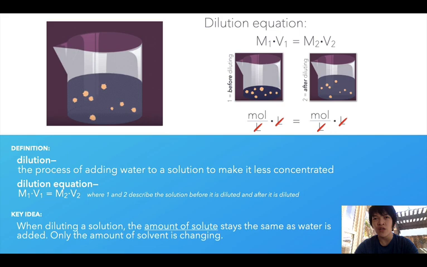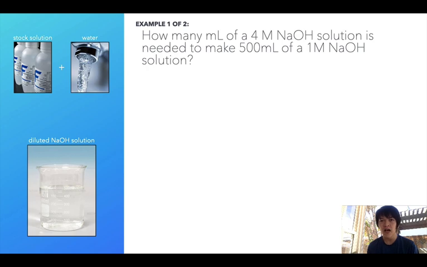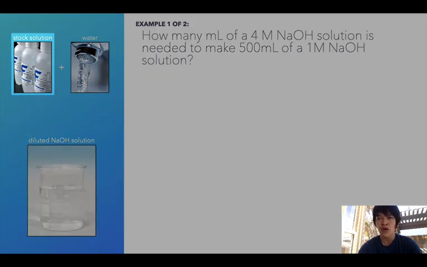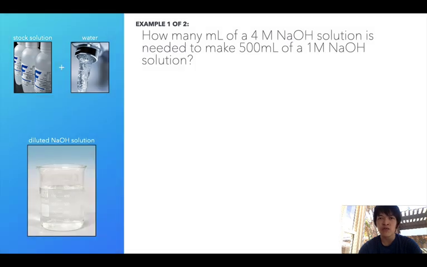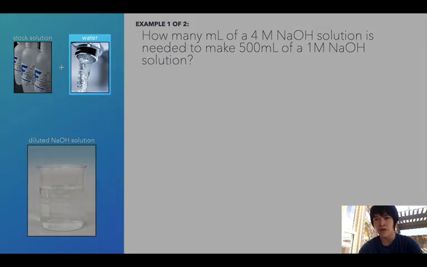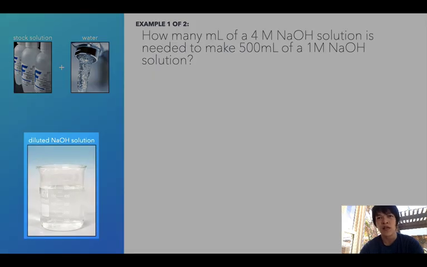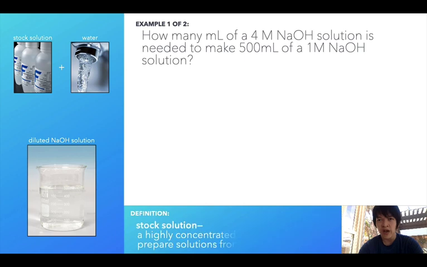Okay, we'll use this equation now to see two different use cases. In this example, how many milliliters of a 4 molar sodium hydroxide solution is needed to make 500 milliliters of a 1 molar sodium hydroxide solution? So basically, we have a concentrated 4 molar stock solution. We need to figure out how much of it we need, combined with water, to prepare 500 milliliters of a less concentrated solution. By the way, a stock solution is just a highly concentrated solution we use to prepare solutions from. So we start with writing the dilution equation,